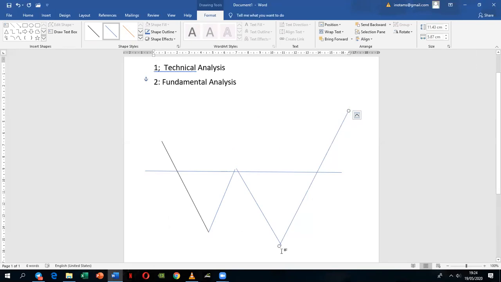So a double bottom will look something like this. So what is a double bottom? A double bottom is a W shape and it indicates bullish price movement. In this case, we want to buy above the neckline. So the neckline connects,